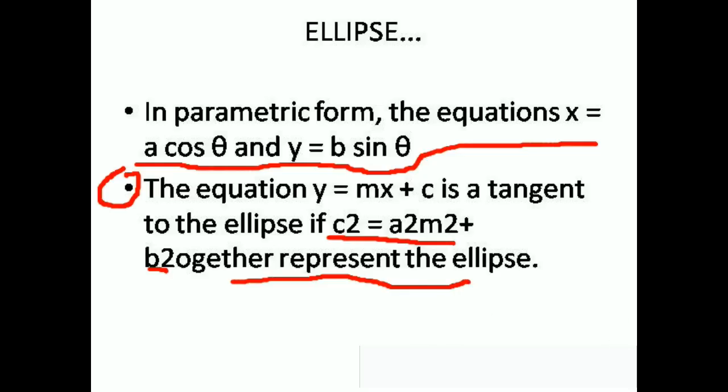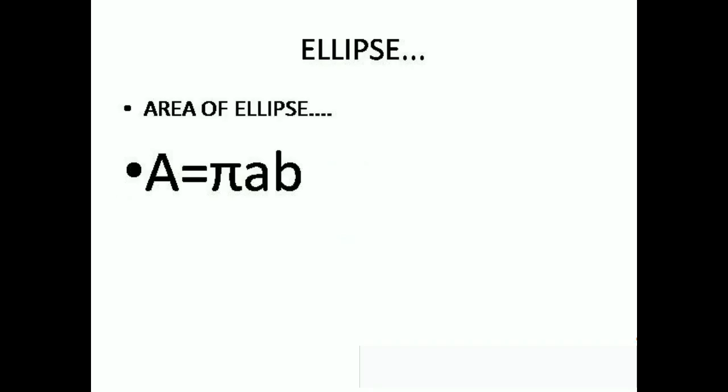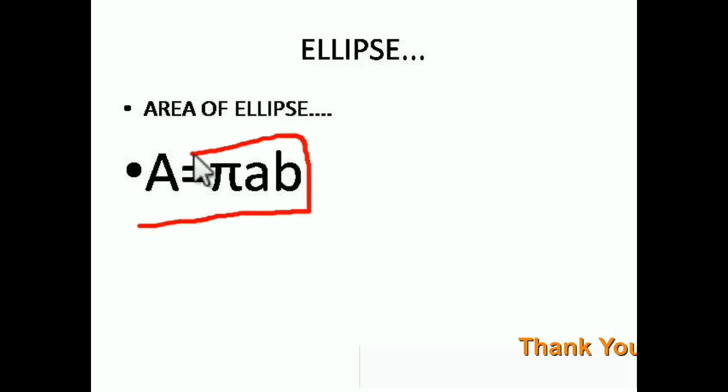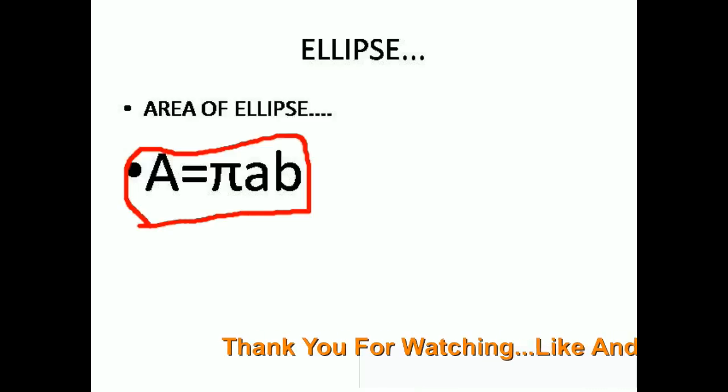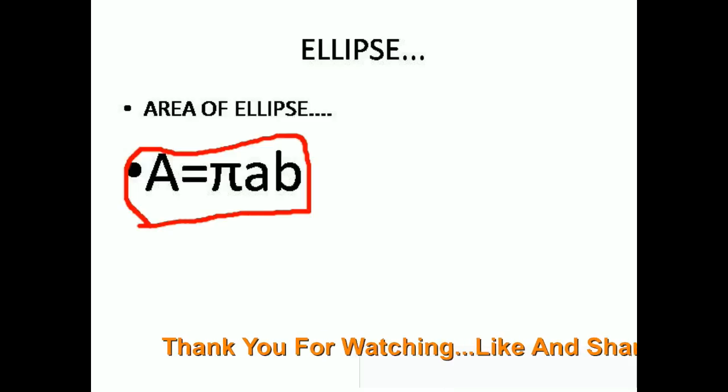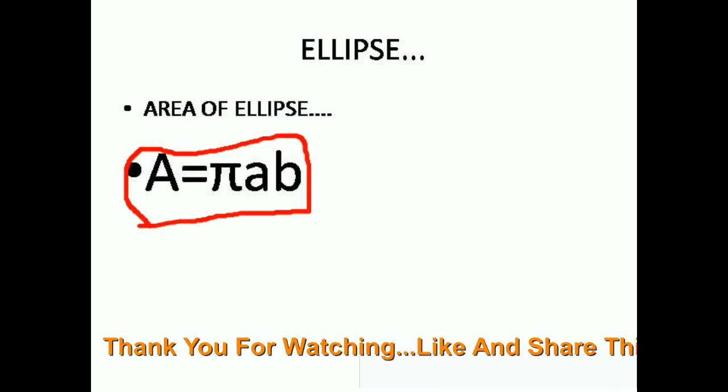And one more thing, the area of the ellipse. Area of ellipse is pi ab. This is also an important thing. So please remember these two topics, these two points. I'm going to cover more points in the next video, but it is time to solve a past year JEE